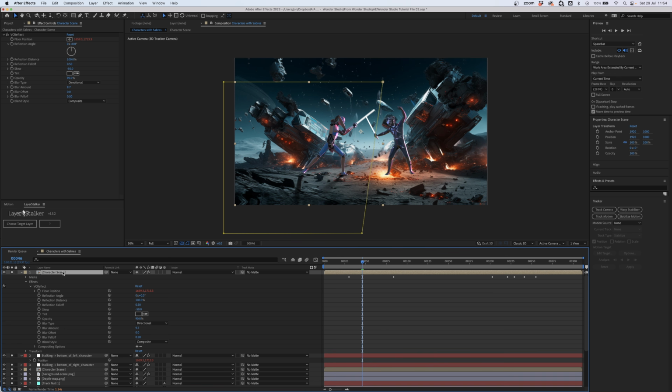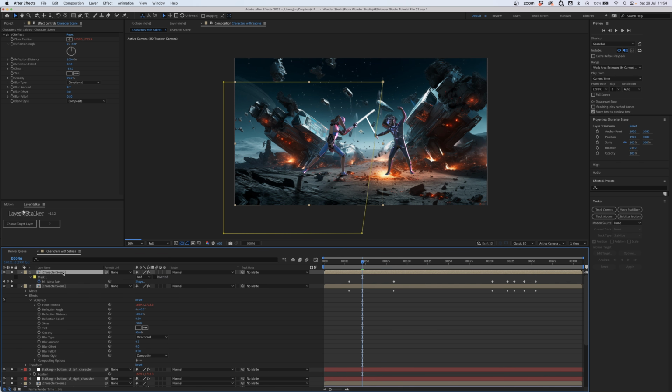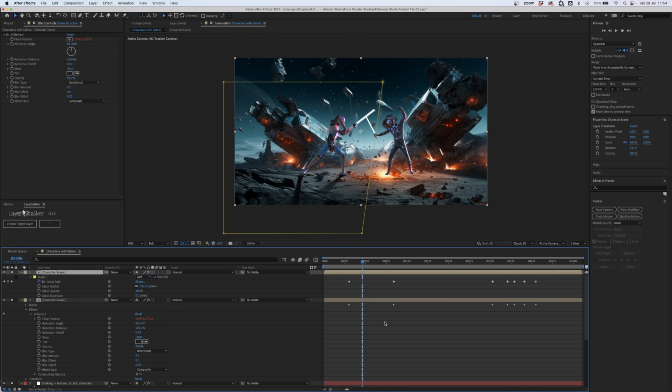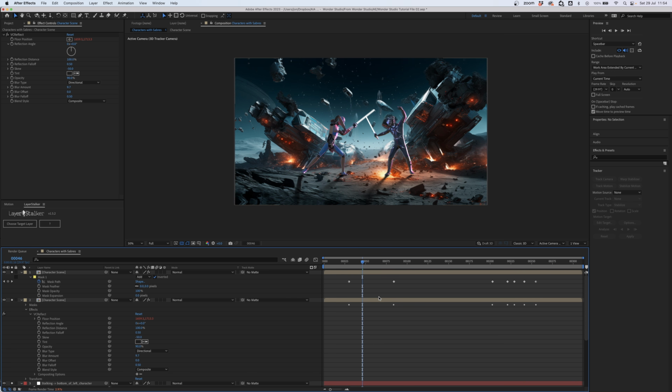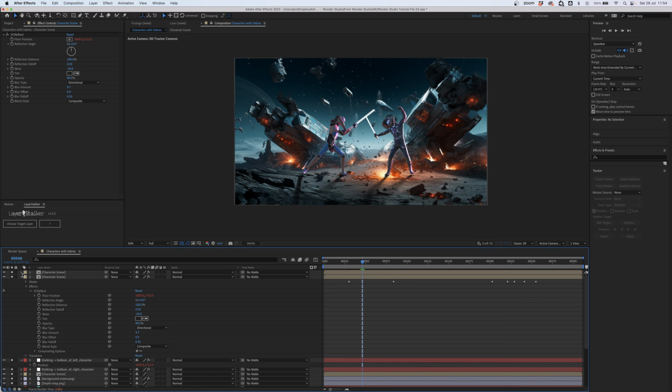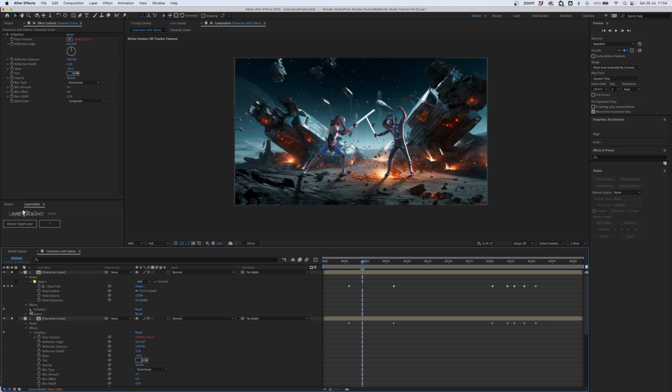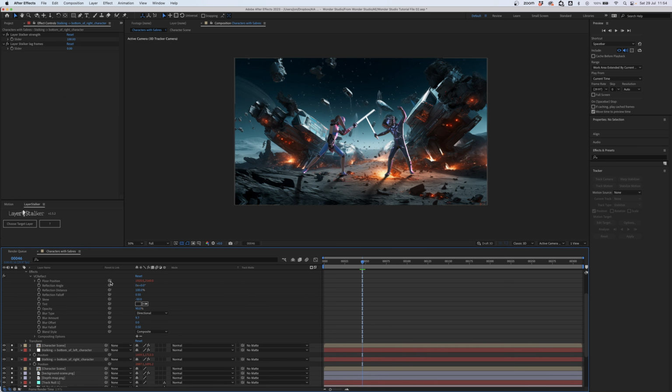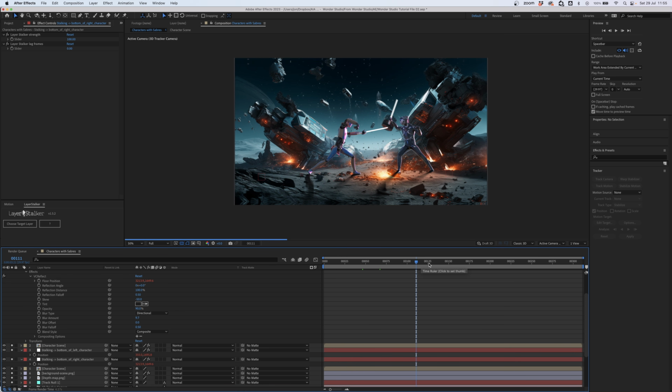We can then duplicate our character scene, press M and invert our mask so that it's only showing this character. It looks quite good already, but we want to make sure that this reflection is going to be tracking our character on the right. So again, we can roll down the effect for VC Reflect for this layer and link it to the position of the null for our right character. Then as we move through, we get those cool shadows.